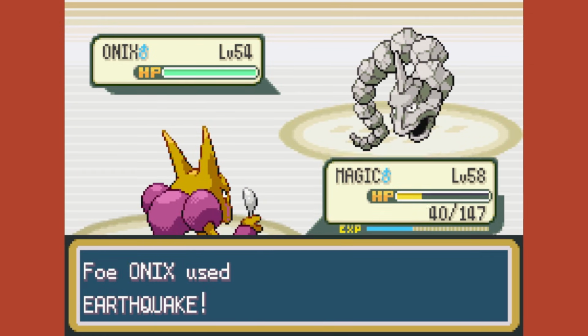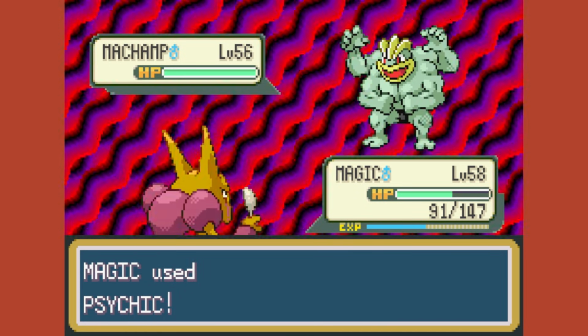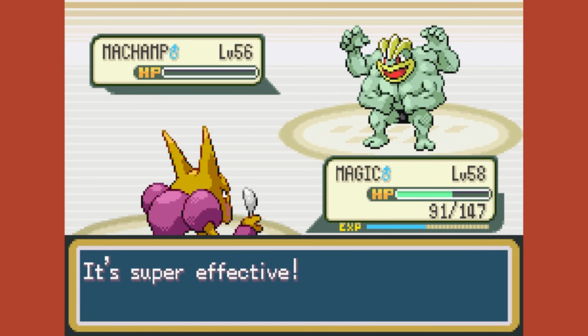and whilst at 40 life, I take the risk of another Earthquake crit. We survive, recover to half life, and then on the next turn we recover to full life once again, take an Earthquake as we're speed tied, and then I'll go take this down with a Psychic. And that's then going to put us into his final Pokemon, Machamp. And Machamp also is another one-shot to Psychic, so we take this down and defeat Bruno,